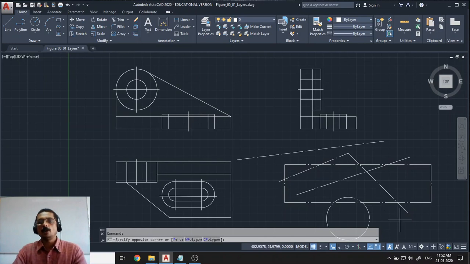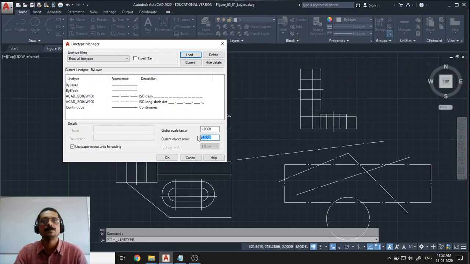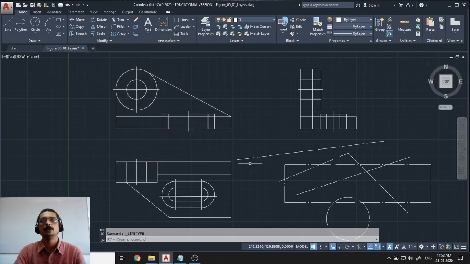Now for all these entities, I want the global scale factor as 1. But the lines which I will be drawing after this, I want them to be smaller, or the gap should be smaller. So I want it as 0.5. So what can I do? Instead of changing the global factor, I will make the current object scale 0.5. Okay. So this didn't change the earlier drawing. So whatever drawing I am going to draw after this,